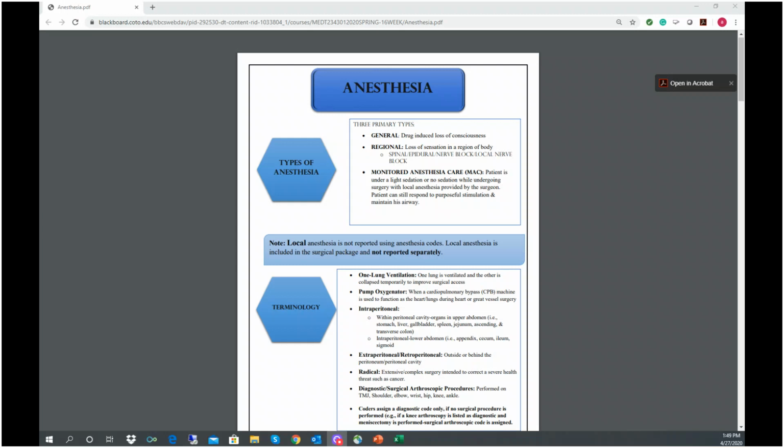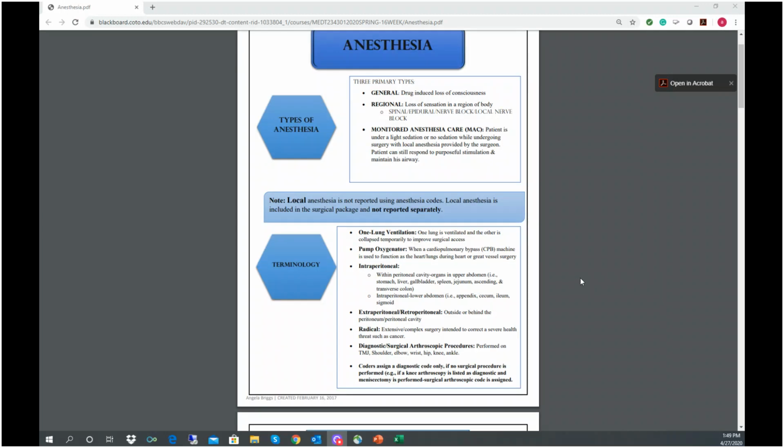Note here, local anesthetic is not reported using anesthesia codes. Local anesthesia is included in the surgical package and do not report separately. All right, the terminology you're going to be looking for is one lung ventilation, pump oxygenator, intraperitoneal, extraperitoneal, retroperitoneal, radical, diagnostic, surgical arthroscopic procedure, and coders assign a diagnostic code only if no surgical procedure is performed,